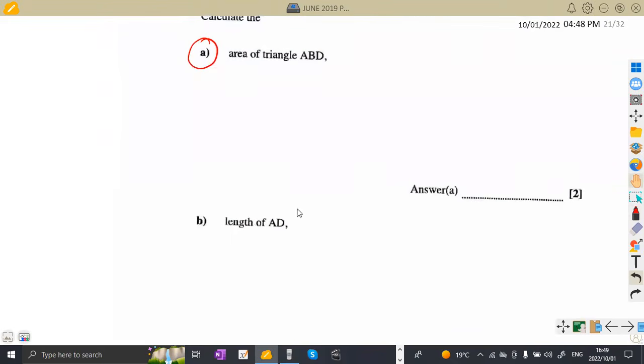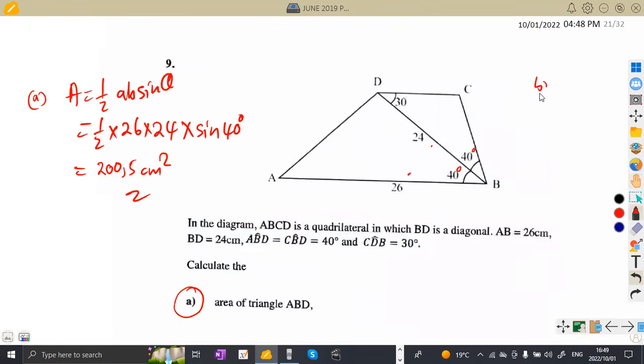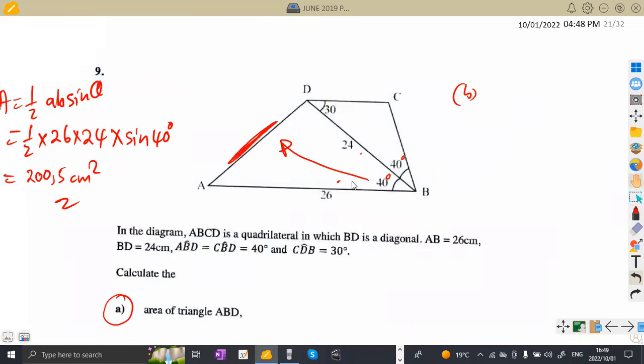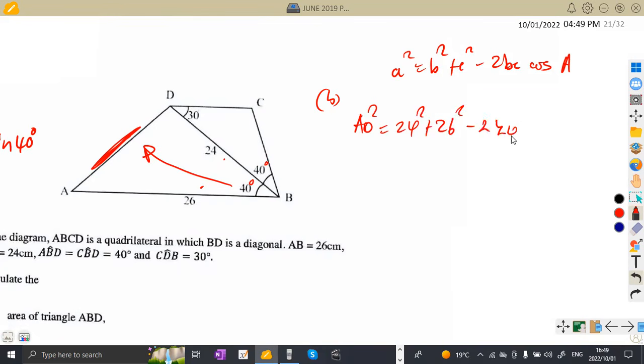The length of AD, that is the B part. This is your AD here. As you can see, you can use the cosine rule here. Cosine rule is the best. Remember the cosine rule: a squared is equal to b squared plus c squared minus 2bc cos of A. So AD squared is the side 24 squared plus 26 squared minus 2 times 24 times 26 cos of the angle which is in between,